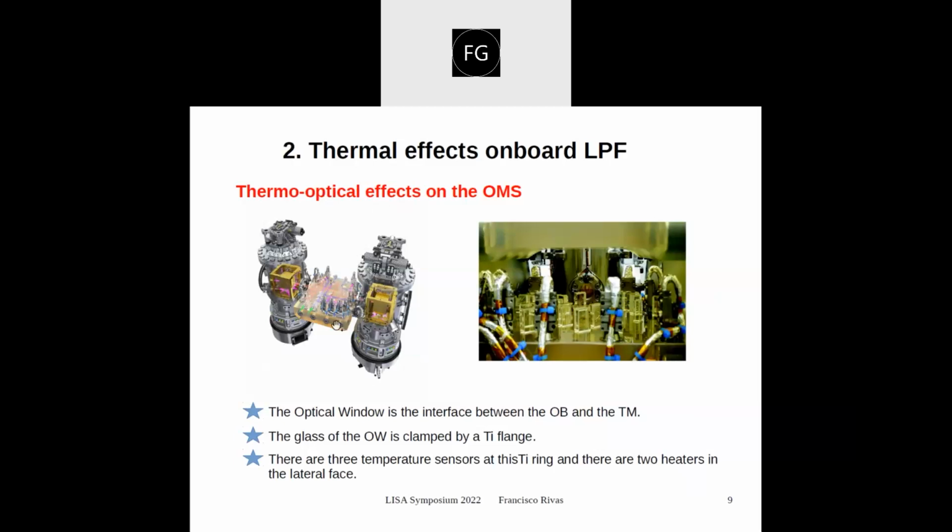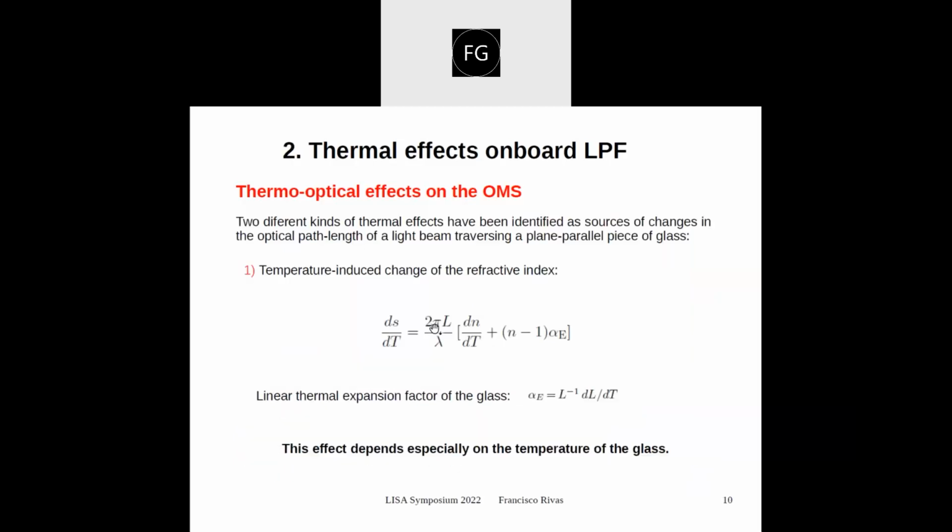These two components you can see in this image. These optical windows were the interfaces between the optical bench, where the laser was placed, and the test masses. Thermal fluctuations produce changes in the length of the optical path as a consequence of these two physical mechanisms: